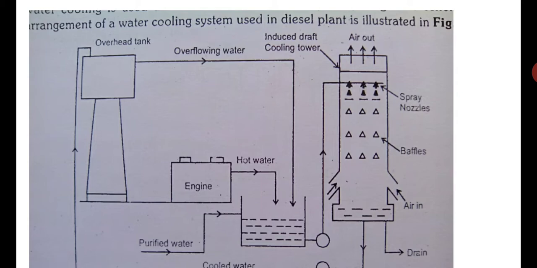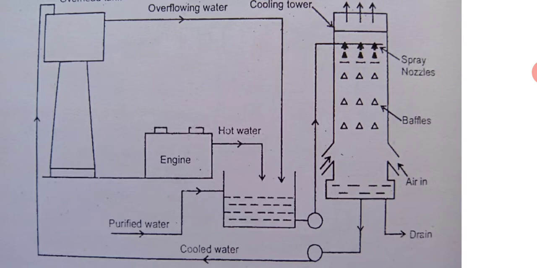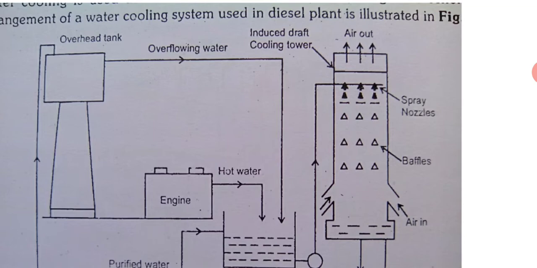Now you see in this induced draft cooling tower, cold air enters from the bottom, because, as I said, there is a blower at the top. Induced draft means a draft is induced by a motor and a blower. It is rotating just like an exhaust fan, throwing out the air from the top. The exhaust fan is mounted on the top, and that creates a suction, and the air from the surroundings gets into the cooling tower. Then it interacts with the water.